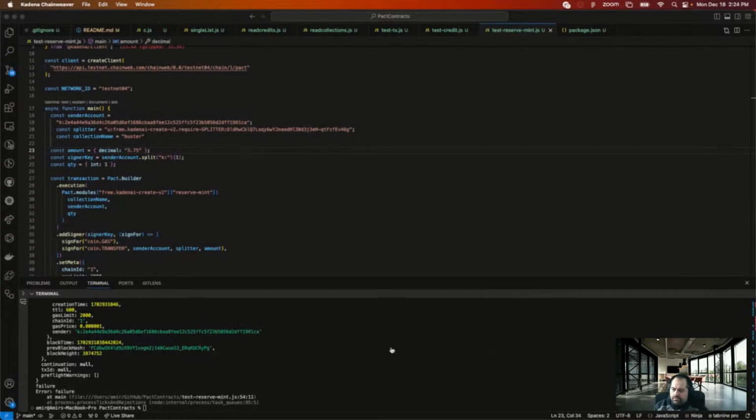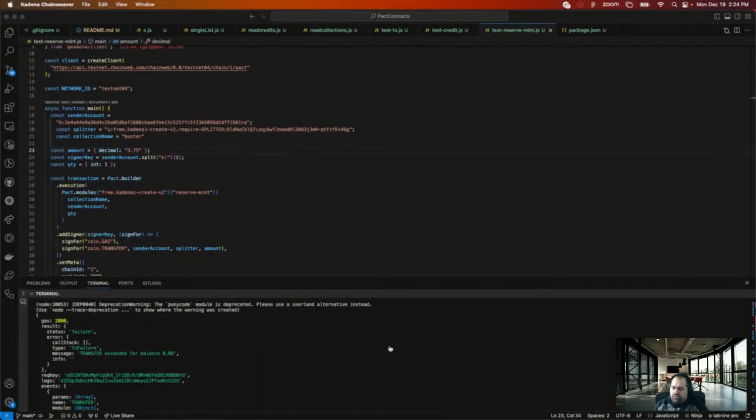It's so weird. Transfer exceeded for balance. I think I know why it's doing this.